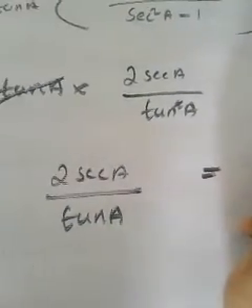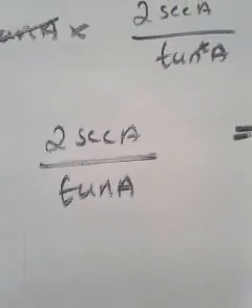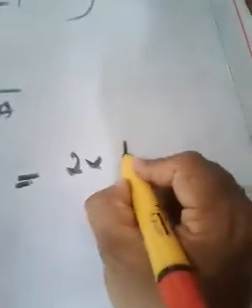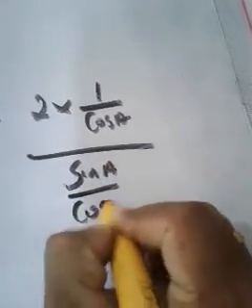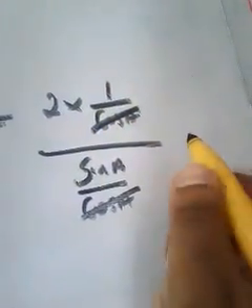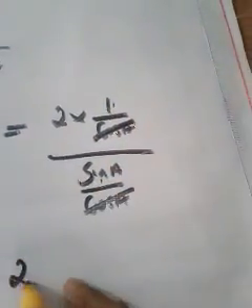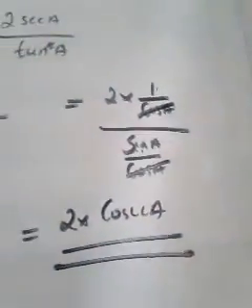And we have to reach 2 cosec A actually. The RHS is 2 cosec A. Don't worry, we will make some arrangement here. How can you write 2 into cot A? As 1 by cos A. And how can you write tan A? Sin A by cos A. Then this cos A cancels, then the remaining will be 2 into 1 by sin A. So 2 as it is. What is 1 by sin A? Cosec A. So we got the result.